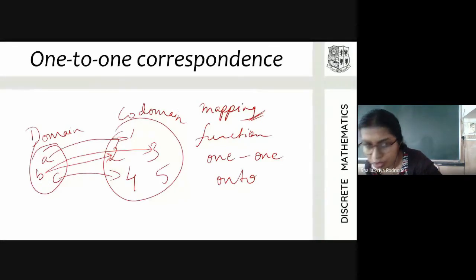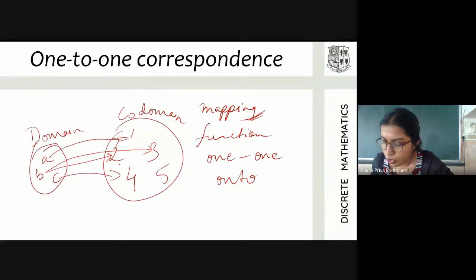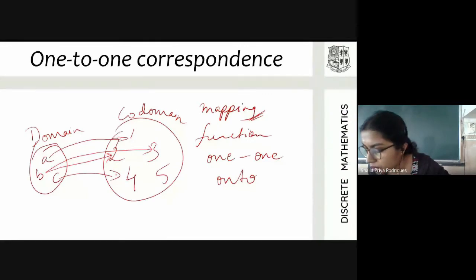It's simply not possible for 3 and 5 to have pre-images with that mapping still being a function. So that is the problem here. What do you infer from this? When you want an onto function, the codomain and domain must have either an equal number of elements, or the codomain should have fewer elements than the domain, right? Only then can you have an onto function.